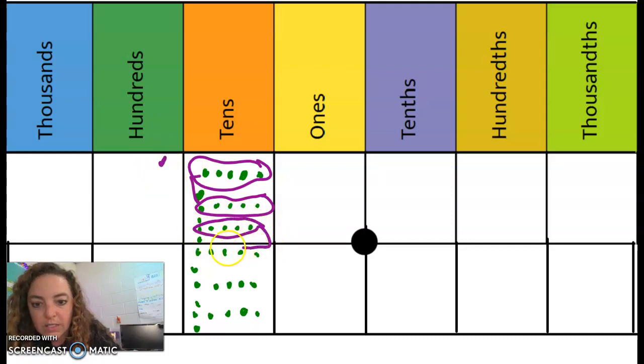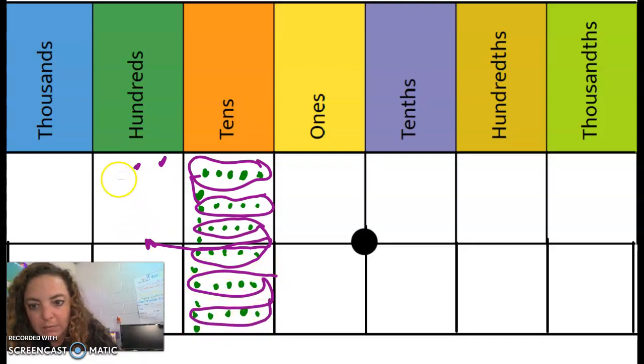This row and this row, these two can combine, and they make 100. This row and this row, they can combine and make 100. So now I have 300. And then I have 1, 2, 3, 4, 5, 6. So 6 tens. So now I can see that I've got